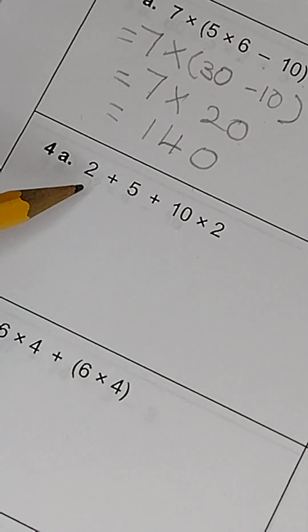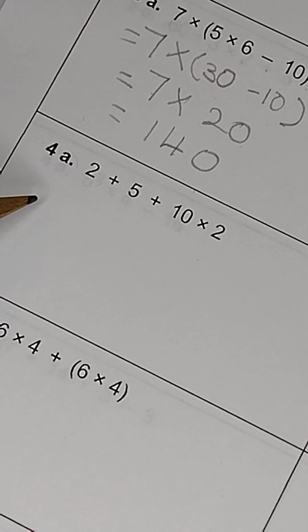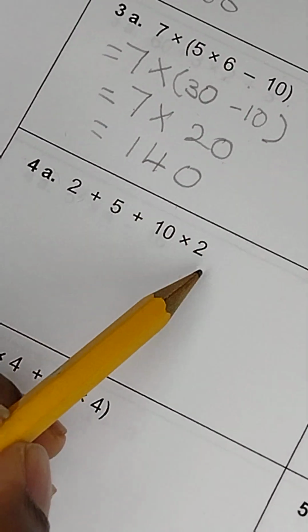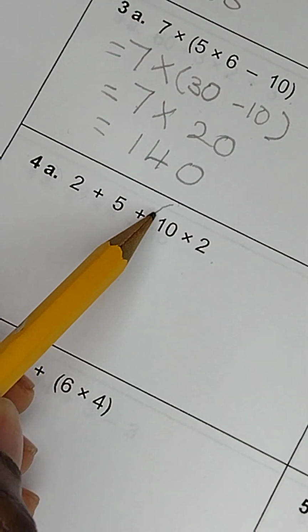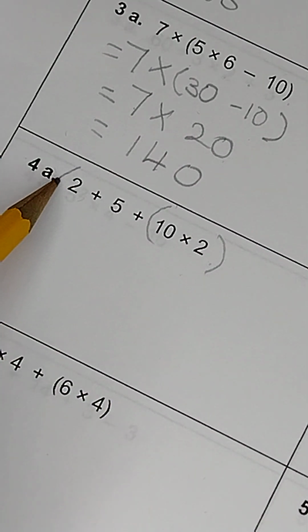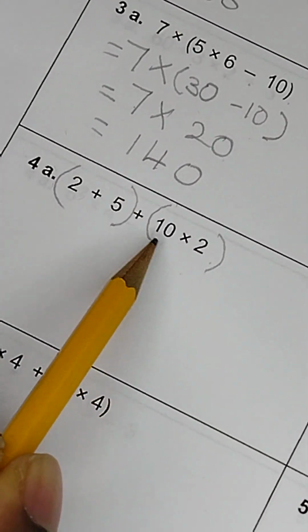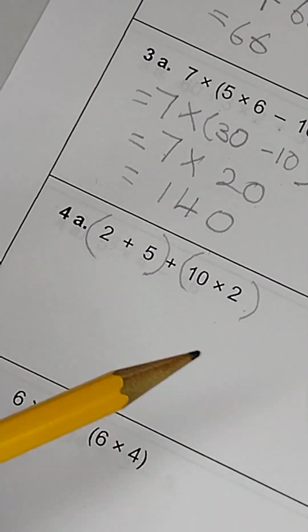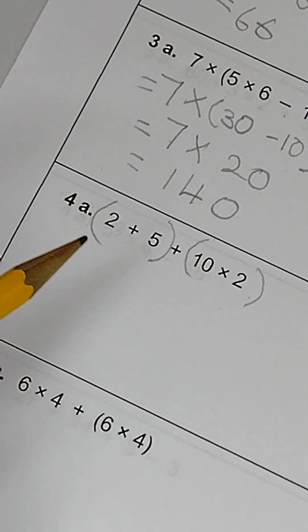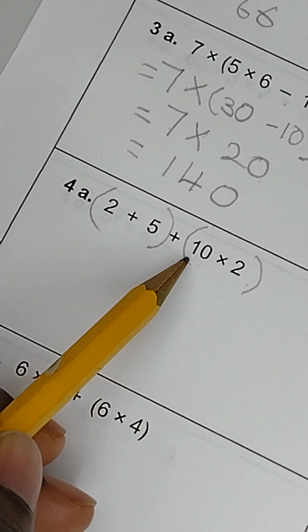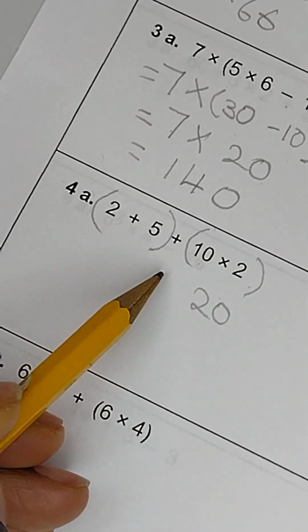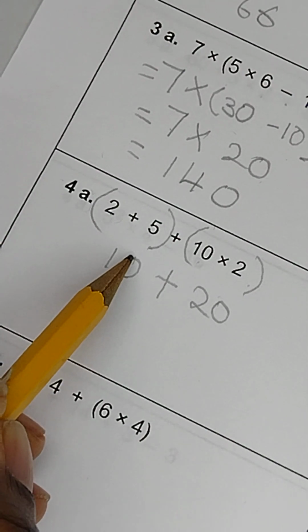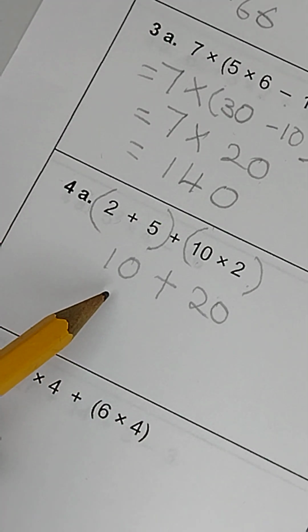Okay, here we don't have a bracket, but we can still make it work. So I'm just going to do this and put a bracket there. The purpose of putting that bracket is just to help me solve it in little chunks. So the idea about BODMAS is solving in little chunks. So one step at a time. So 10 times 2, we have 20. 2 times 5, and that is 10. If we add that together,